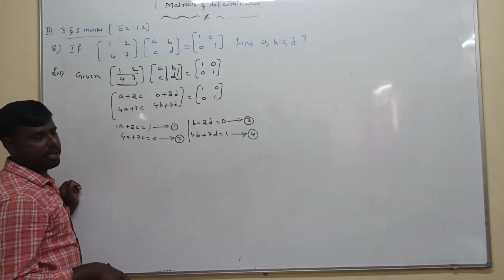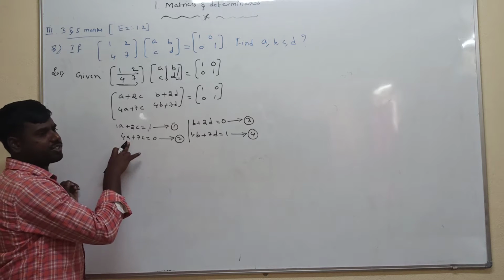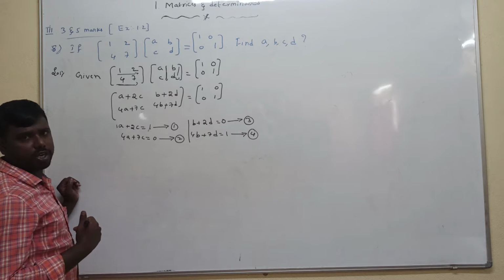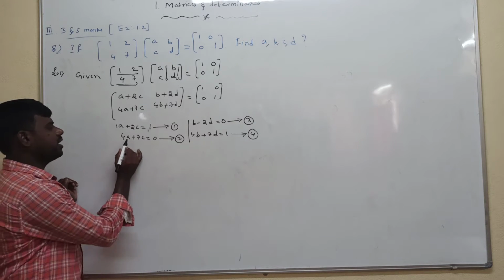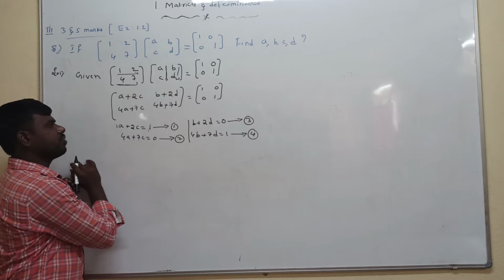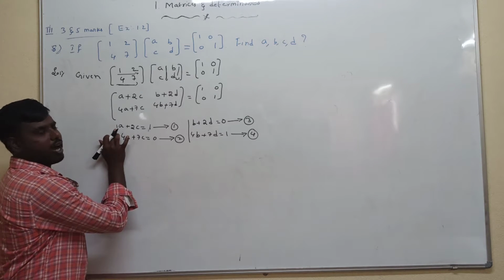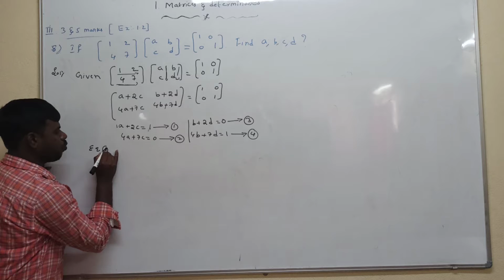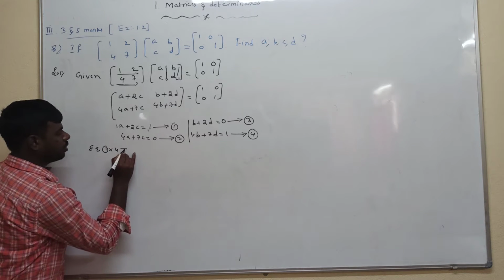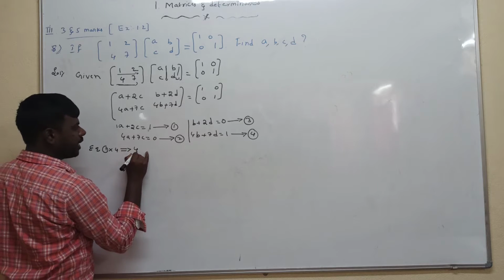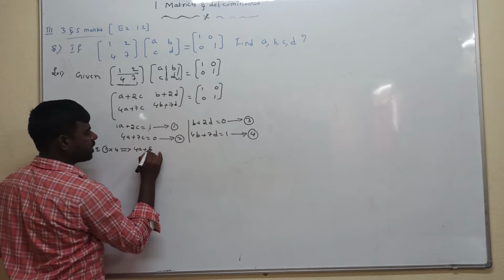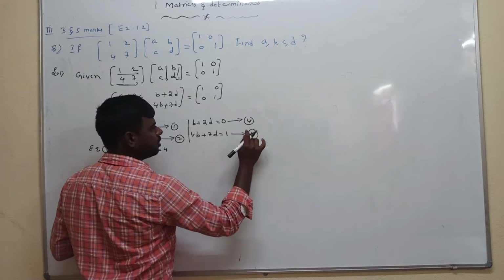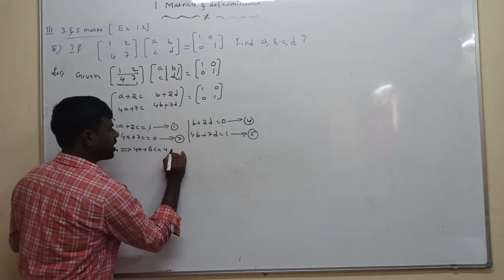Whenever elimination is possible, the A coefficient or C coefficient in the two equations must be equal. That's why we are equating the A coefficients in both equations. Here the A coefficient is 4, but here it is 1. If we want 4 here also, we multiply the whole equation by 4. So equation 1 multiplied by 4: 4 into 1 is 4A plus 4 into 2 is 8C is equal to 4 into 1 is 4. Consider this equation number 5. This one is equation number 3.